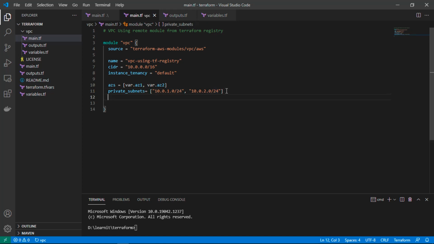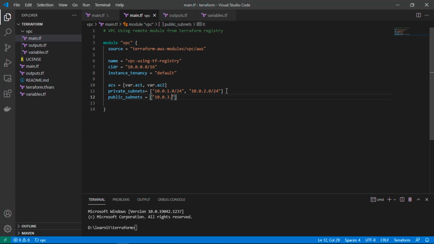Similarly, we have to define a set of public subnets for our VPC. So we can use public subnets, and for public subnets as well we can use IP ranges which are subnets of our VPC network.